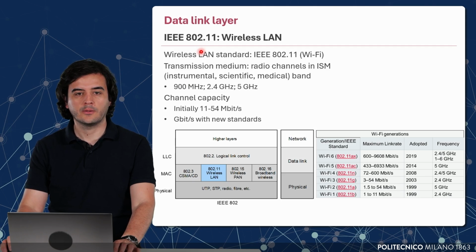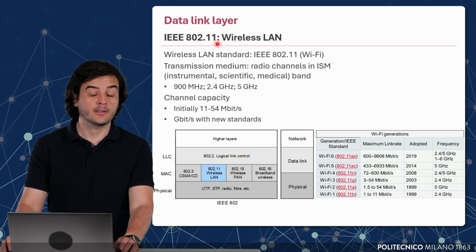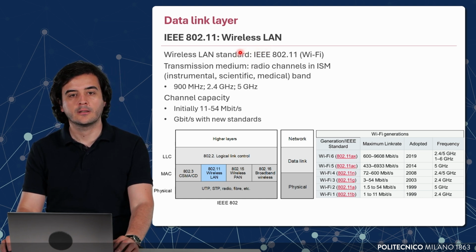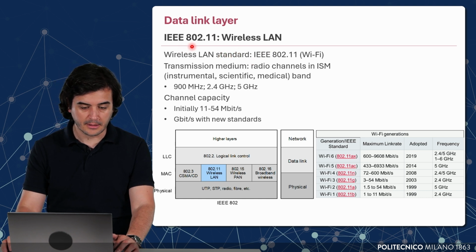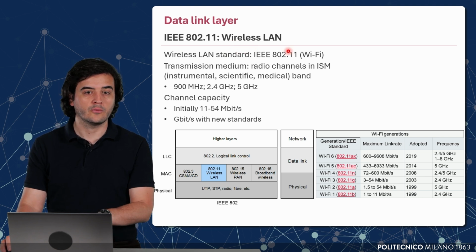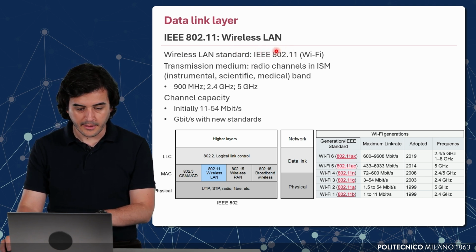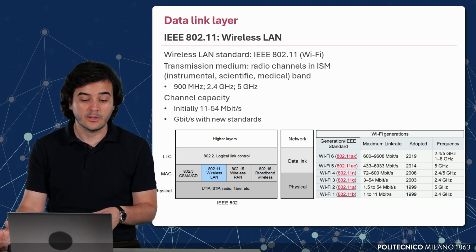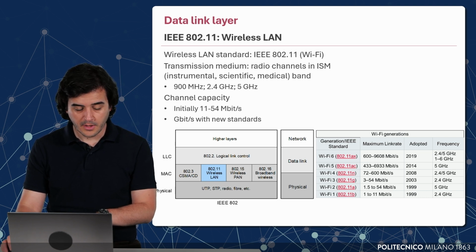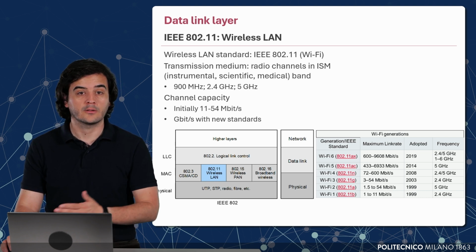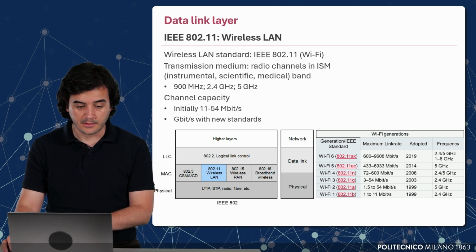Depending on the technology that we use and also the medium for the transmission, we have different data link layer transmission protocols and technologies, basically. In this case, IEEE 802.11 defines the standards, or standardizes the way how we communicate through wireless local area networks. Wireless local area network basically refers to Wi-Fi. It's the Wi-Fi that we also use in our homes. It implies using a certain frequency range, and of course, as the name suggests, is done wirelessly.